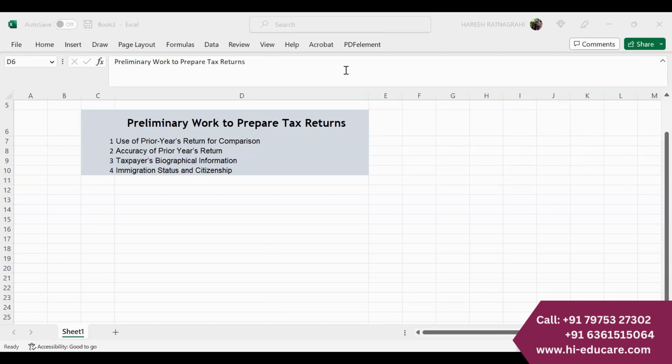So you can see the Excel file here. Basically, this is our first topic, which is nothing but